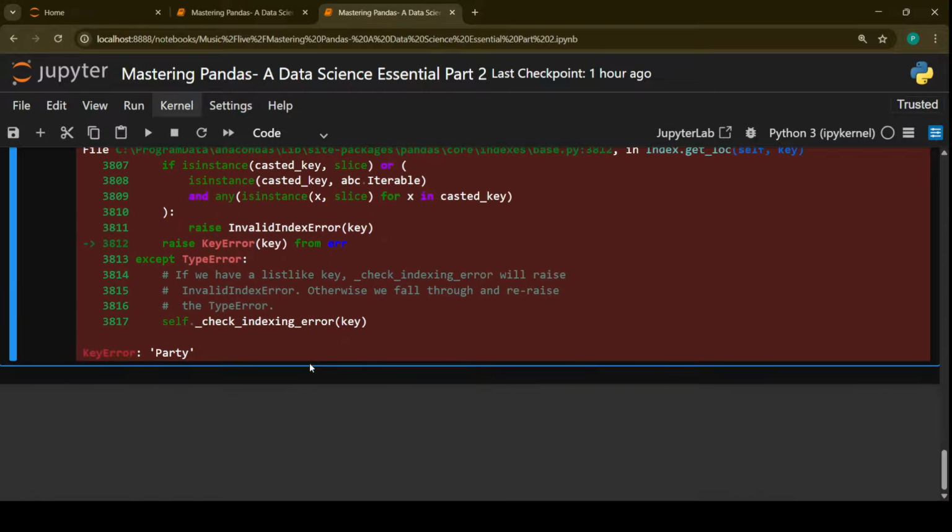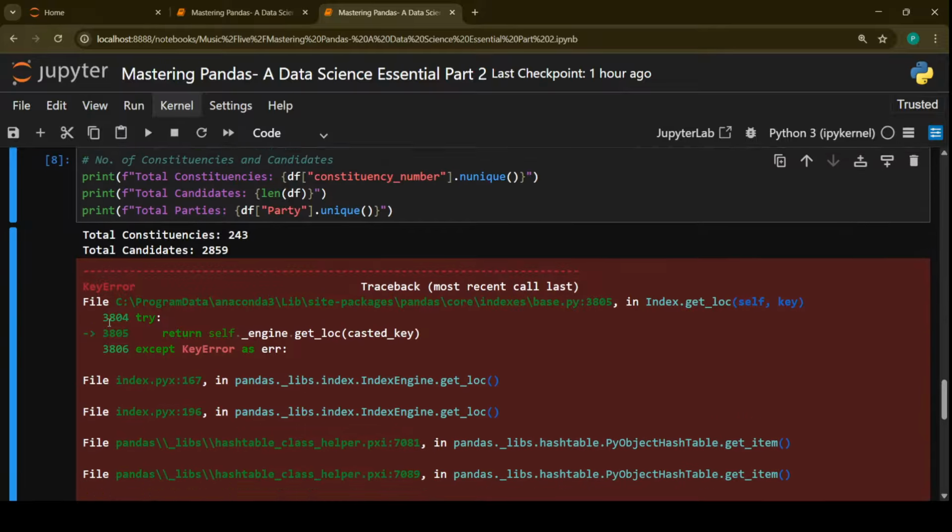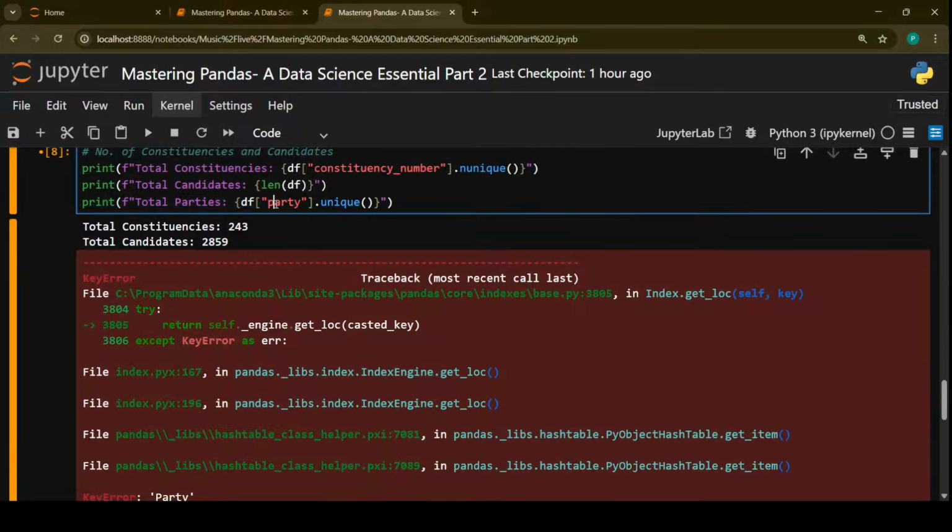Okay, in the total parties we are getting an error. There is no such thing as party. Okay, we have to make it lowercase. So yeah,